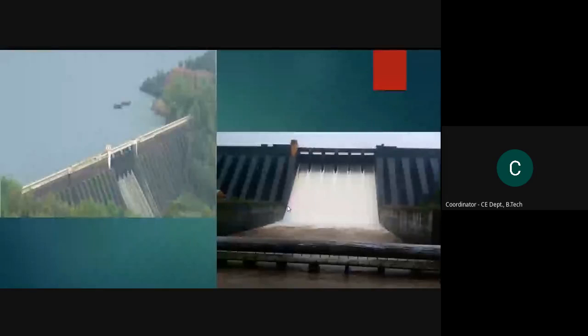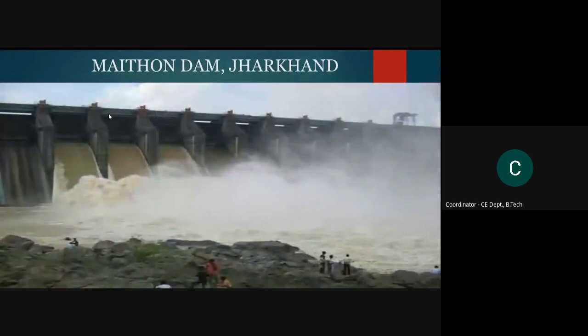So this is the picture. This is from the front view. This is from the bird eye view. Okay. This is another very